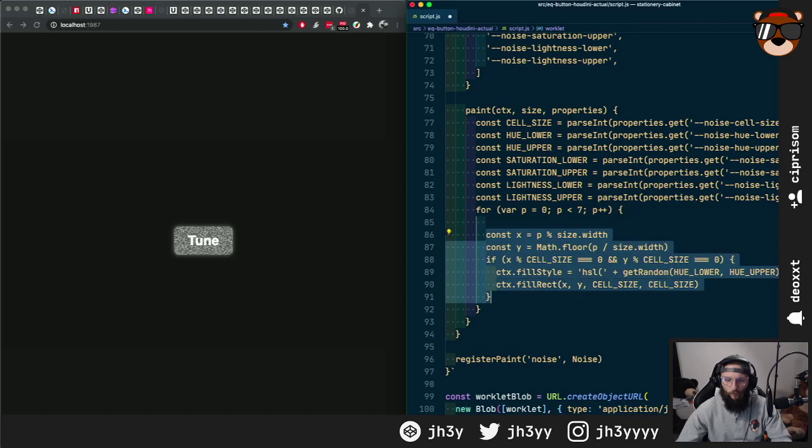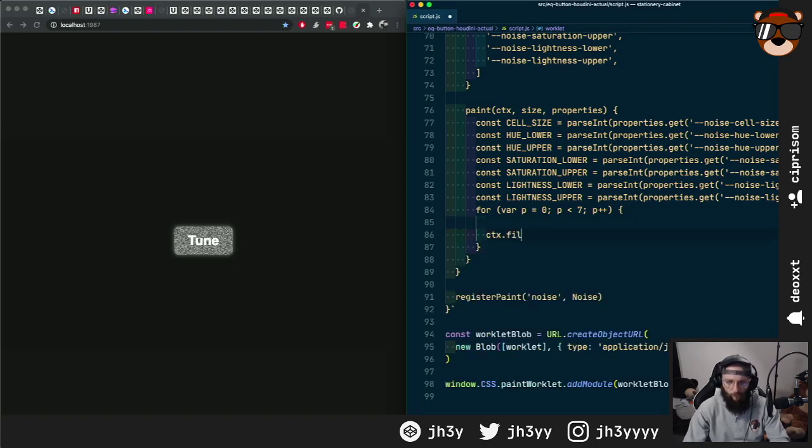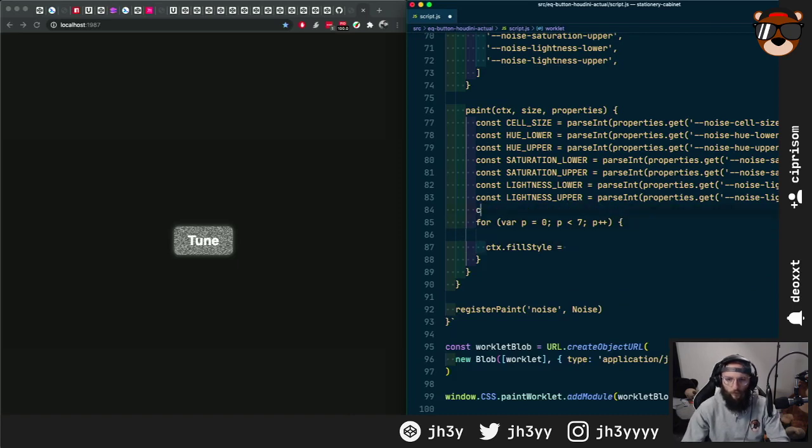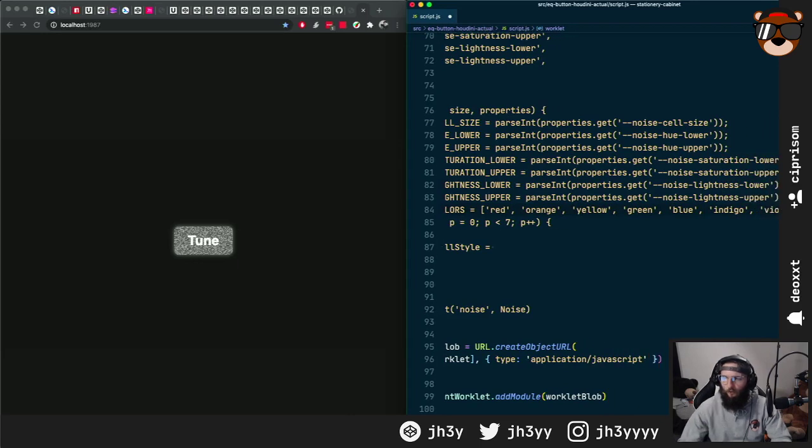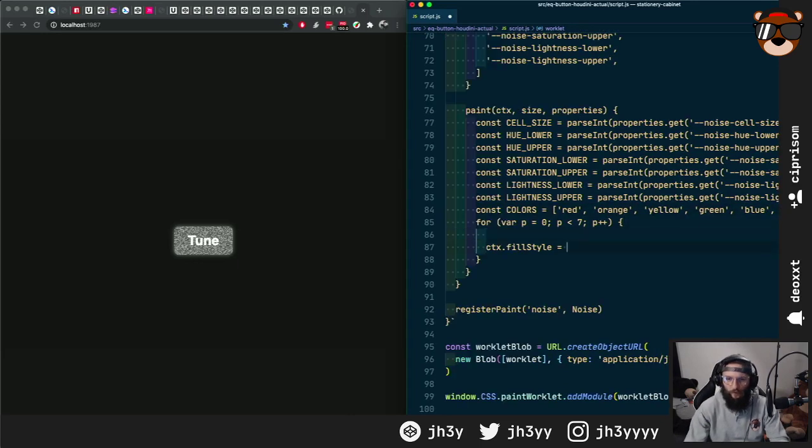we can do ctx.fillStyle equal, and then do const colors equal, what do we have? Red, orange, third time lucky, yellow, green, blue, indigo, violet. Right. And if we just say it's colors[p], and then we do ctx.fillRect